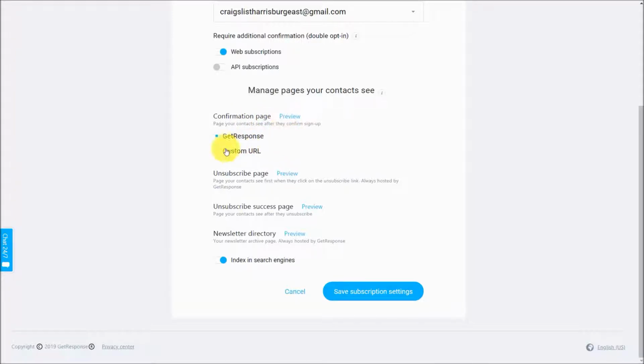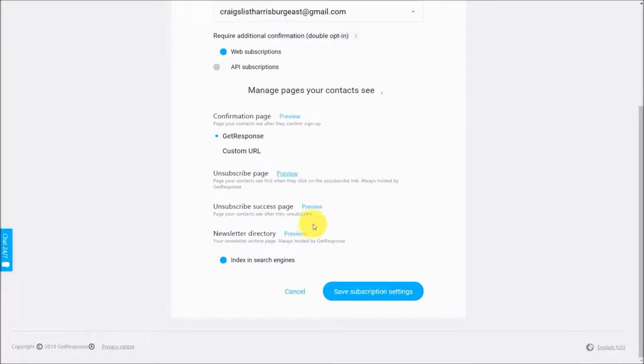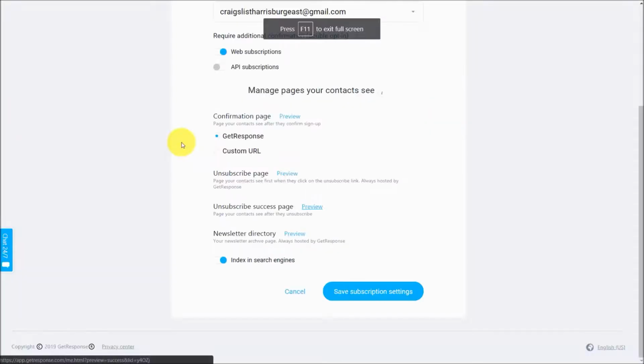Getresponse will also allow you to see what individuals are going to see when they attempt to unsubscribe. And you'll see that here. You'll also get a chance to see an unsubscribe success page. You can preview that also. And then you can choose to have all of the emails that you're going to be using with this list appear inside of a newsletter directory. So for example, if we click this preview button,